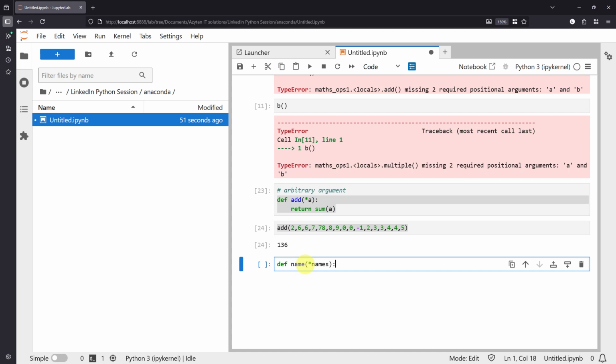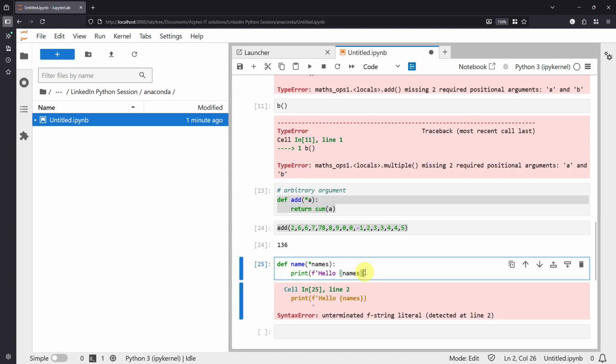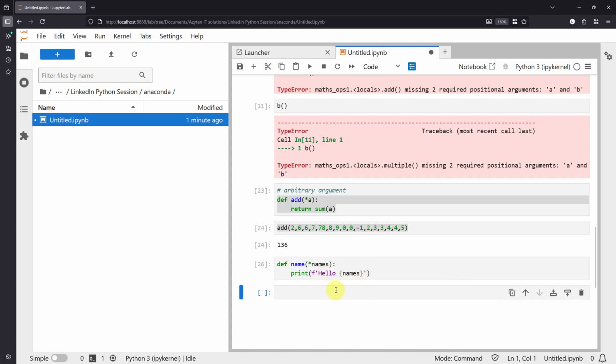Then I'll say print, I can do printf, and I'll just say hello, then names. The F string. Oh, I'm supposed to end it with this. Sorry about that. So now that I'm done, if I want to then declare an instance, I will just say,